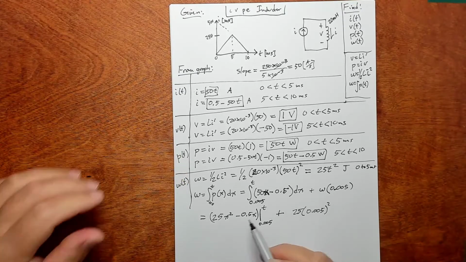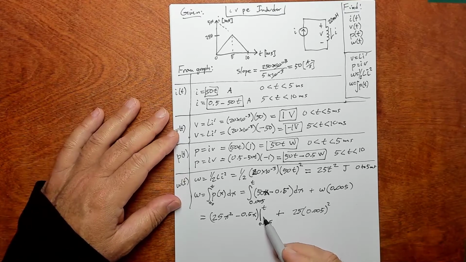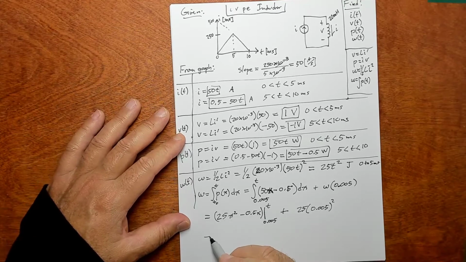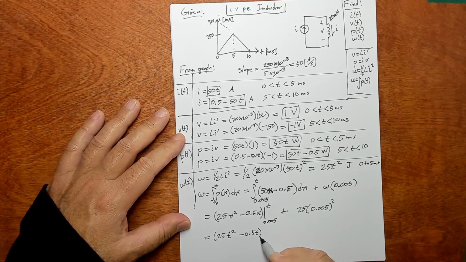So now you have to plug in the limits of integration, right? It's the value at the top minus the value at the bottom. So this ends up being 25t squared. That's why we used x, because now we're plugging in t. So 25t squared minus 0.5t, that's the value at the top, minus the value at the bottom, which is